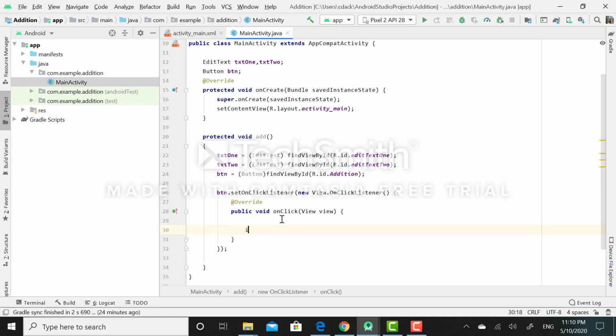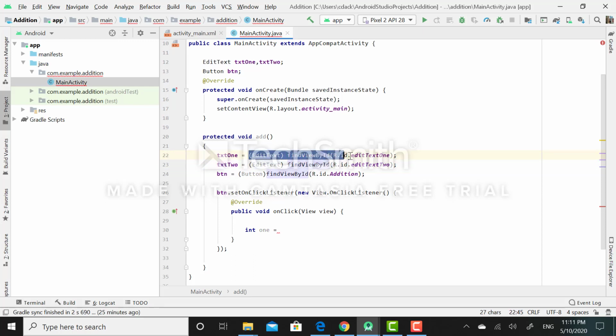For that purpose, I will declare first int1 as a variable, from where I am accepting the value for the first number from the user through this txt1.